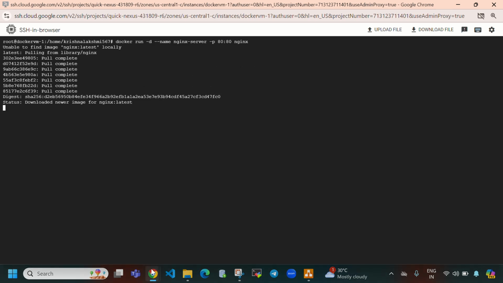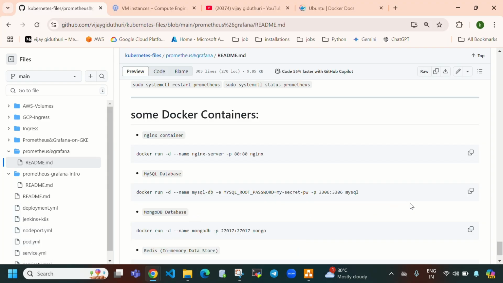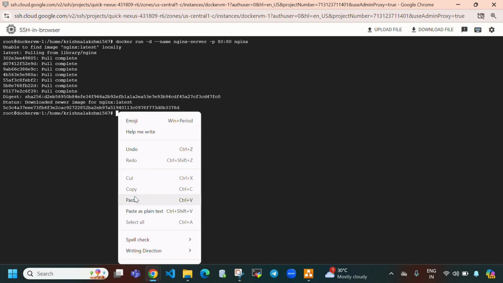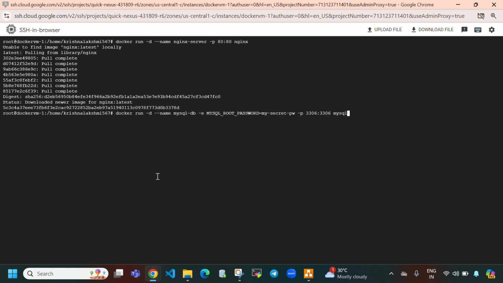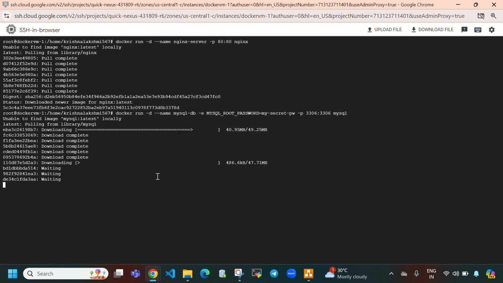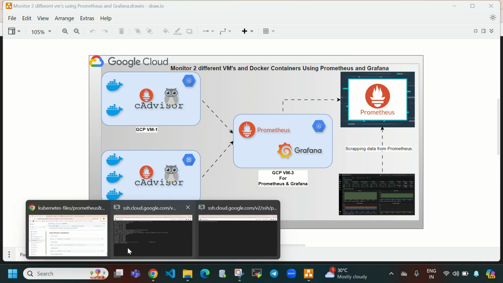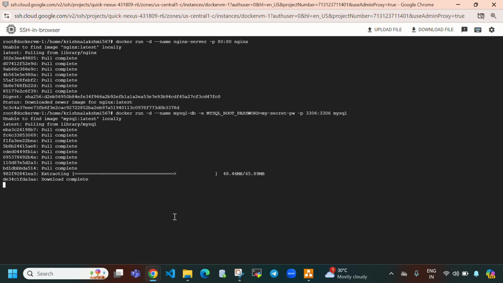So after that, let's run one another docker container, which is MySQL database docker container. So you can run whatever you want, guys. You can run the docker containers whatever you want. So here we are going to monitor them. So that's why I'm going to run these docker containers. So let's wait. In virtual machine 1, let's run two different Docker containers, and in virtual machine 2, let's run three different Docker containers. Okay, so let's wait